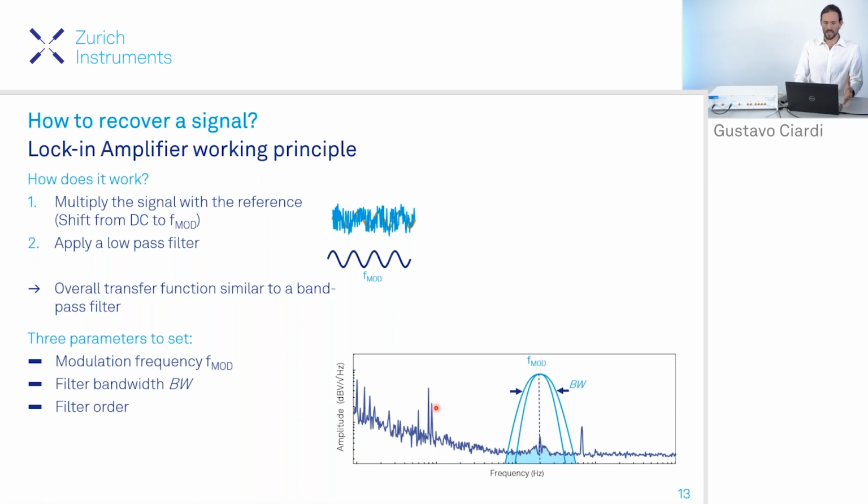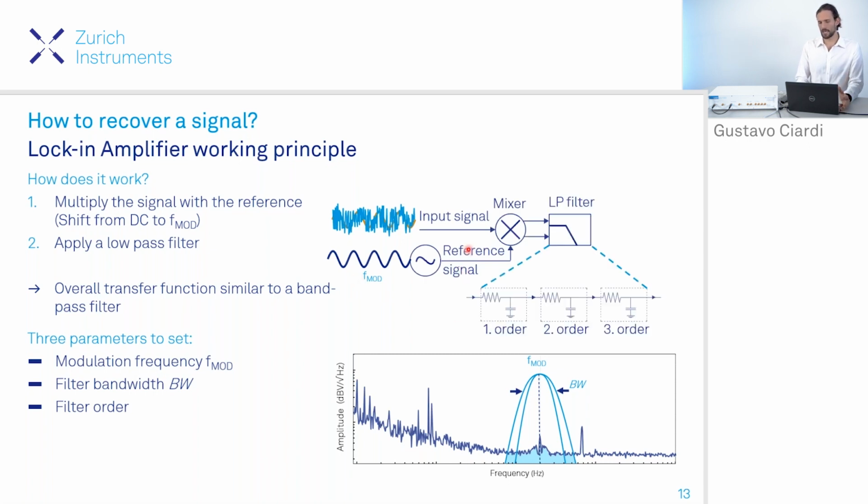So let's now try to understand how the lock-in amplifier works and how it can make a measurement. The idea is pretty simple. We take our signal of interest, in this case buried in the noise, and we multiply it with a reference signal at a certain frequency, in this case, F mode. This multiplication has the effect of shifting our signal to around F mode, the modulation frequency. Then the result of this multiplication is sent through a low-pass filter that filters out all the spurious